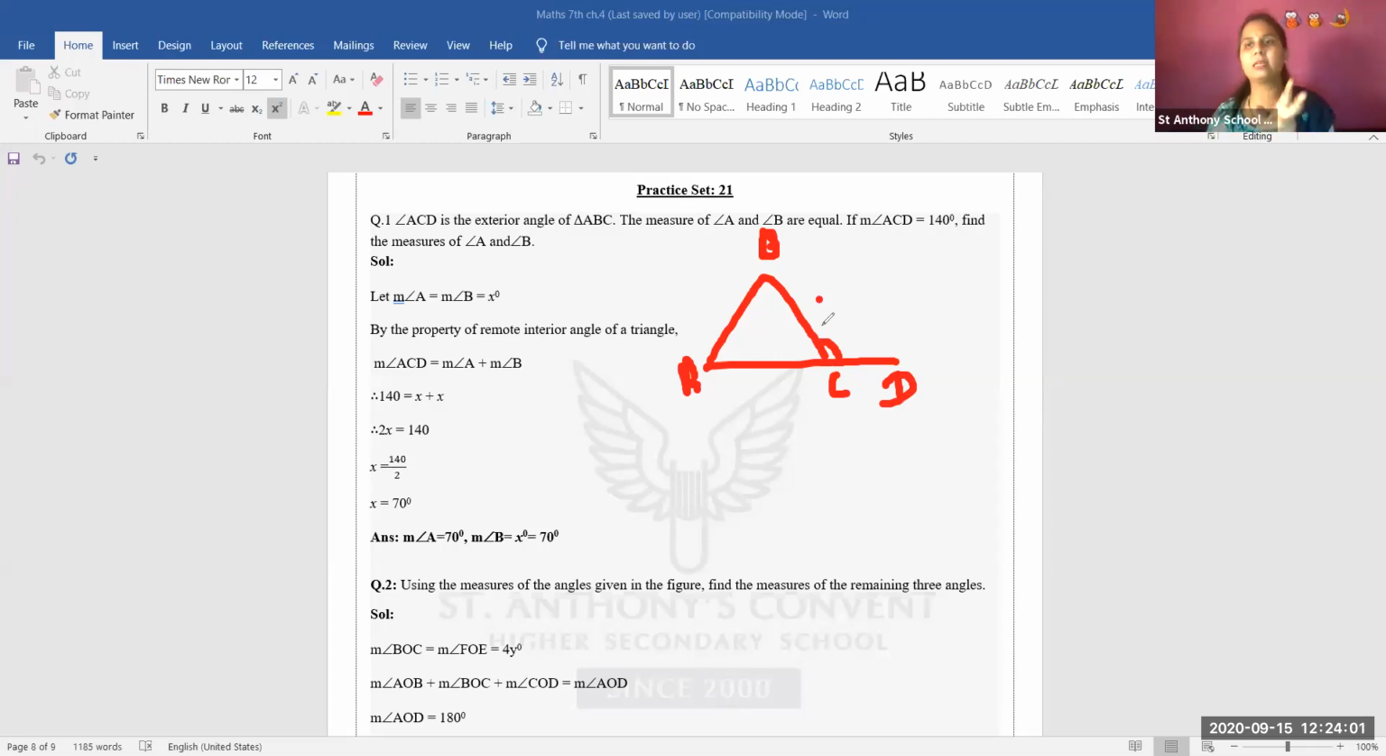Two types of angles are there, interior angles as well as exterior angles, right? Interior angle, to whom we call it an interior angle? When the angles are inside the triangle. अगर angle triangle के inside है तो they are known as interior angles. Angle A and angle B, these are interior angles of triangle ABC. And angle ACD, this angle ACD,